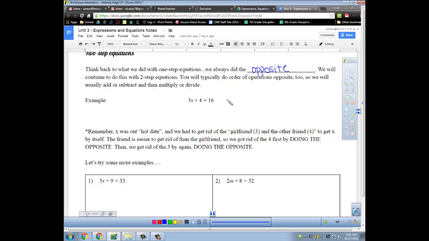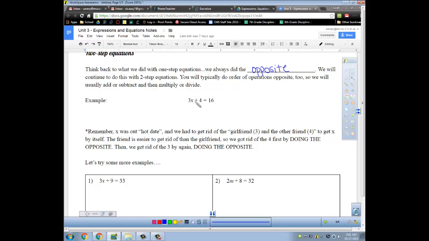Normally, add and subtract is the last thing we do for order of operations. Here it's going to be the first thing that we do. I also have a little story that I make up when I do these. The story is that I really like X and I think it's really hot and I want to take it on a date. The problem is X is dating 3 and it has this friend 4 who is always around. So I need to get X by itself so that he can fall in love with me instead of